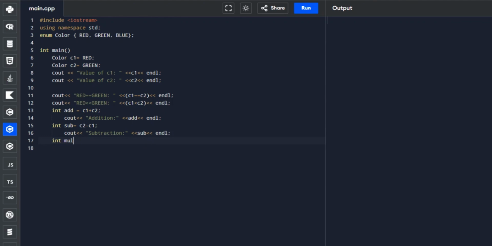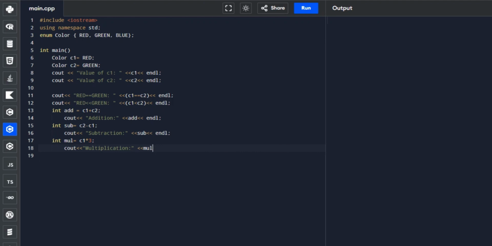This time we will declare another variable for multiplication that can hold the answer of the two multiplied numbers. It equals C1 multiplied by 3, ending with a semicolon. Then display the output of multiplication, the value of mol, which uses the multiplication operation.